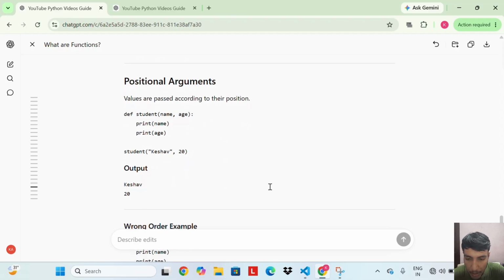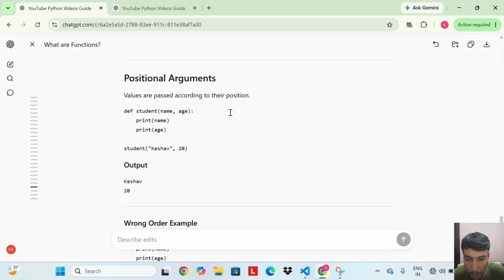Positional arguments. Values are passed according to their position. So let's do an example of positional arguments.